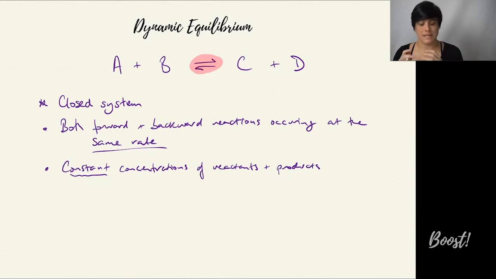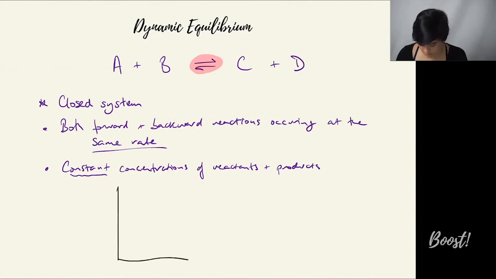But that doesn't mean that the concentrations of the products and the reactants are the same as each other. And you can see this quite nicely in a simple graph, where, for example, this purple line might be the concentration of the reactants. So we start with a higher level of reactants. As the reaction progresses, the reactants reduce in concentration because they're being used up. And then at some point, it reaches a point of equilibrium where the concentration remains